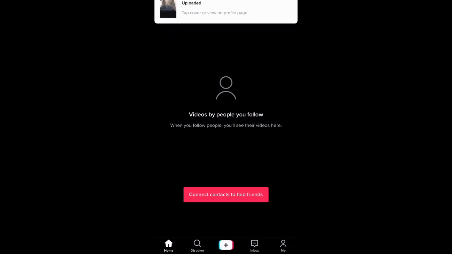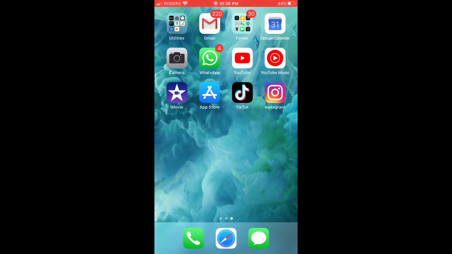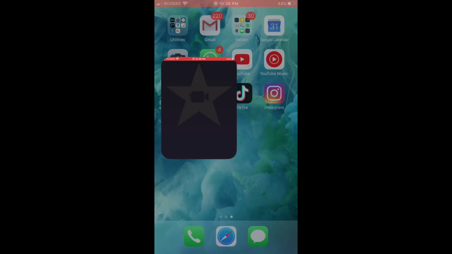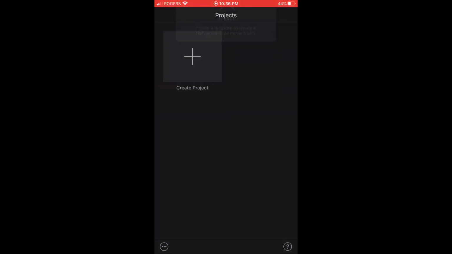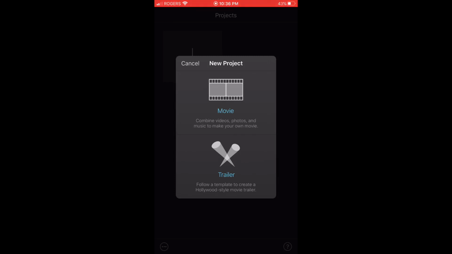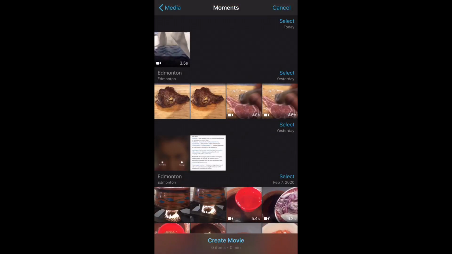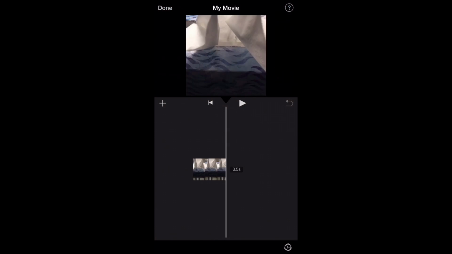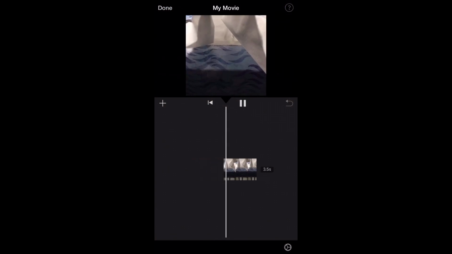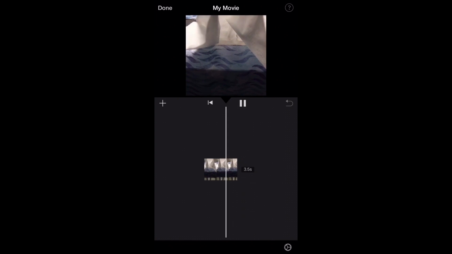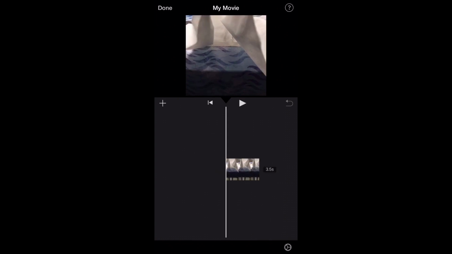And now let's go back to iMovie. That's the app that you need to do voiceover. Let's click a plus sign, let's create a movie. Let's select the movie that we want to do voiceover on. And over here you can click play and test it. And then once tested, click on the plus sign